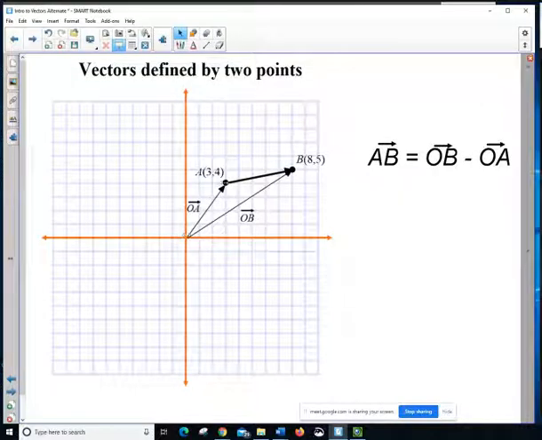So we just take the vector to that point (3, 4), the vector to that point (8, 5), which produces the vector that joins the two tips, which we recognize as an addition. So it'd be OB minus OA. In other words, from the tip of the second to the tip of the first. All right. So what we have now is